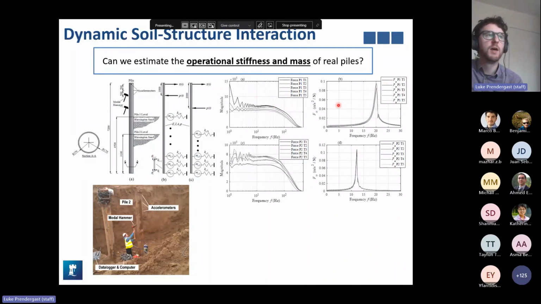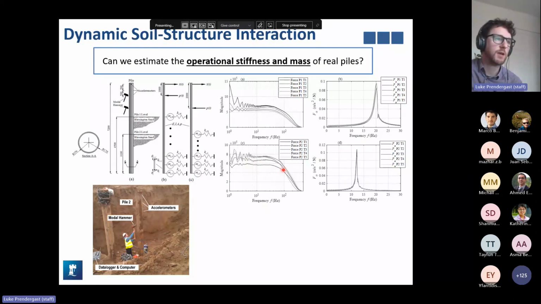The top graphs are the frequency response of the hammer impact and the frequency response function, which corresponds to the input and output accelerations for 5 different impact tests. So we did 5 to ensure that the method was repeatable, and we get a reasonably consistent frequency response function across the 5 tests. The second row of data are for the other pile that's embedded 3.1 meters.